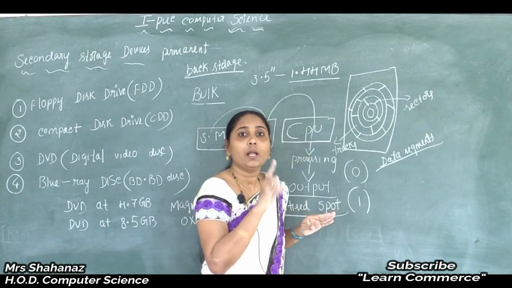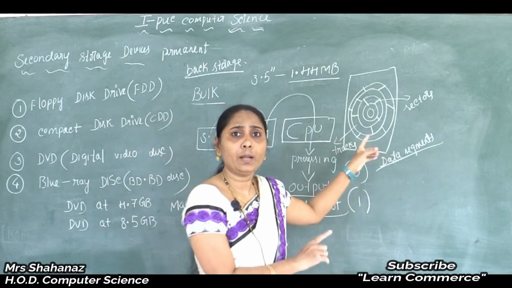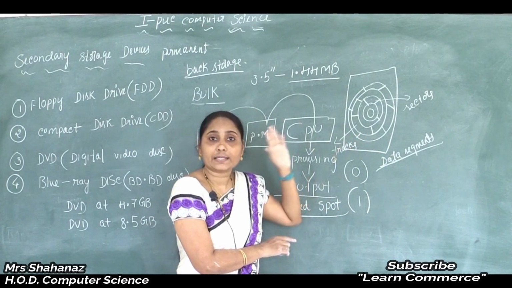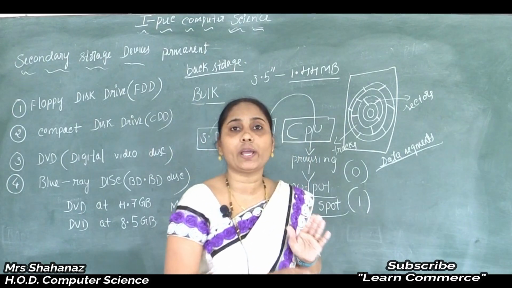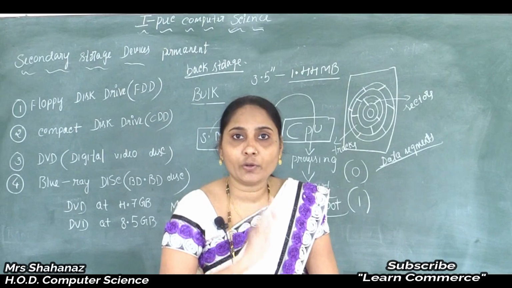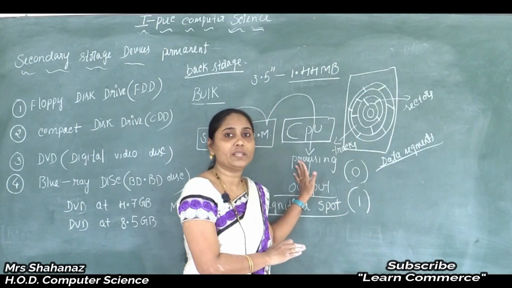That means here we can say that the floppy disk is a plastic, that means a thin flexible plastic plate here, and such plastic plate is divided into a number of sectors and number of tracks here, and by using the track and sector we are going to add data into the floppy disk.